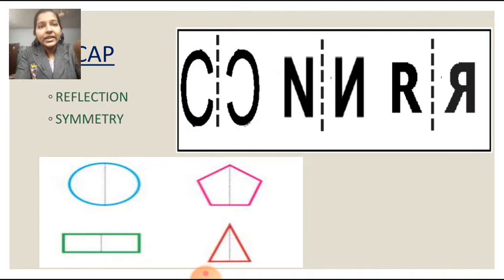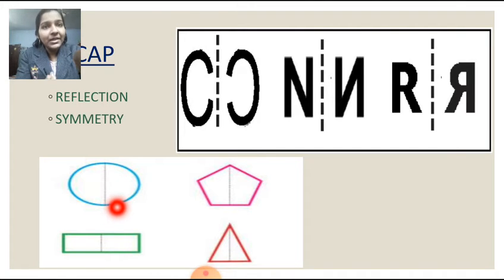Okay, look at this picture children. Here in this circle, this dotted line shows the line of symmetry and this line divides the whole circle into two equal parts. If you are cutting from this side and placing one half over the other, then it will fit exactly because both are the same. So this is called symmetry and this dotted line is the line of symmetry.